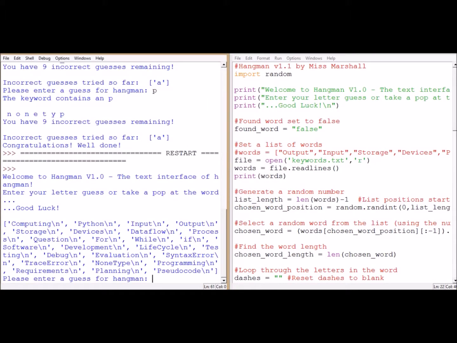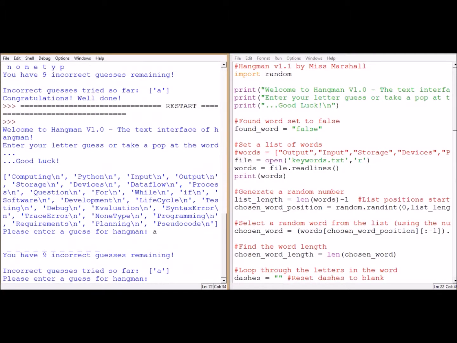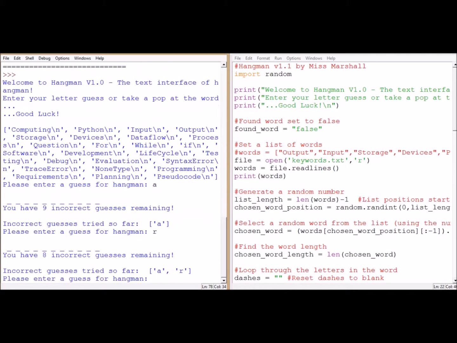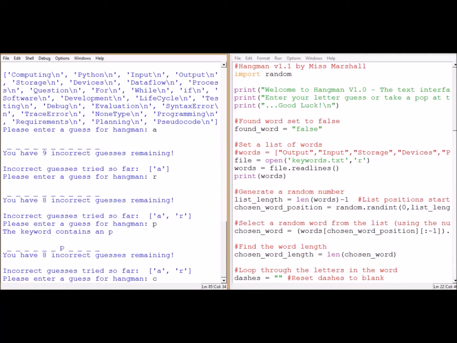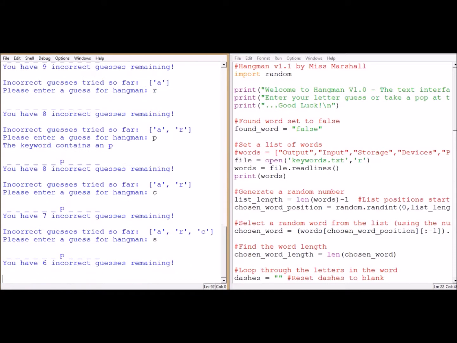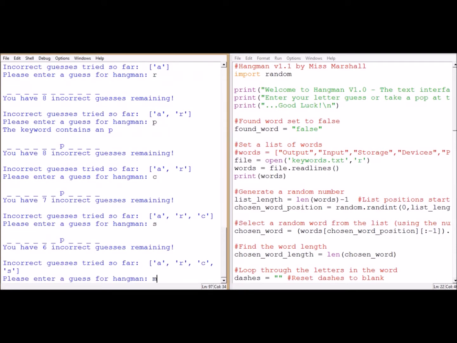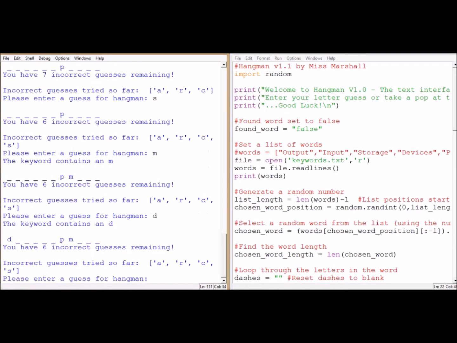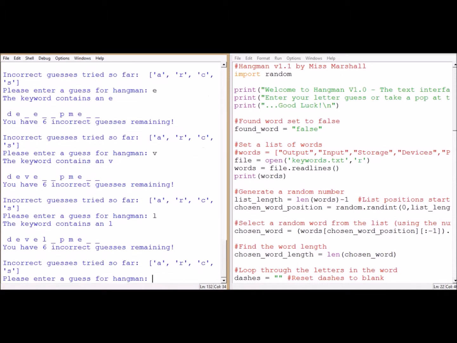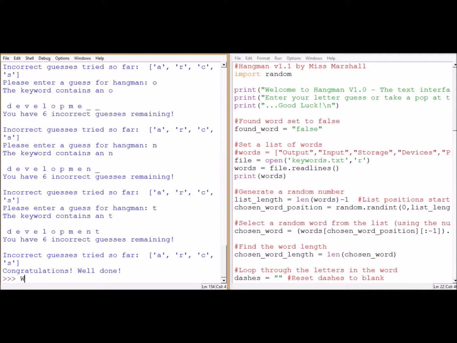Please enter a guess for Hangman. Oh. A, no. Oh, no. There's a P. Ooh, development. Development. It's looking good. There we go. So I've completed my word. Whoop. I'll take out my debug code, but that should be how to add a text file so you don't have to keep editing your code every time you want to add